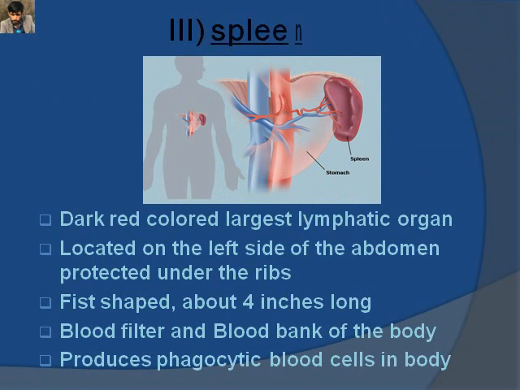Spleen is the dark red colored and largest lymphatic organ found on the left side of the abdomen. It acts primarily as a blood filter and holds a reserve of blood. It also recycles iron pigment and synthesizes